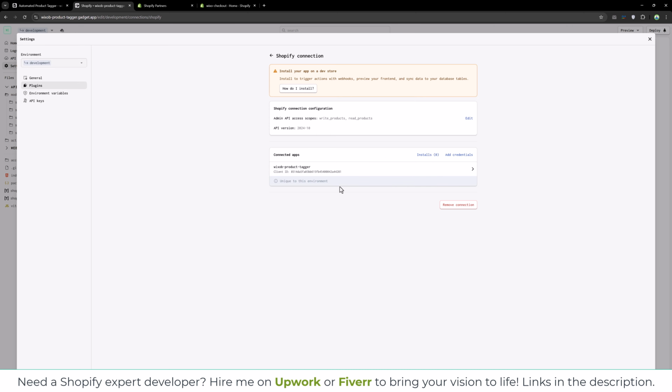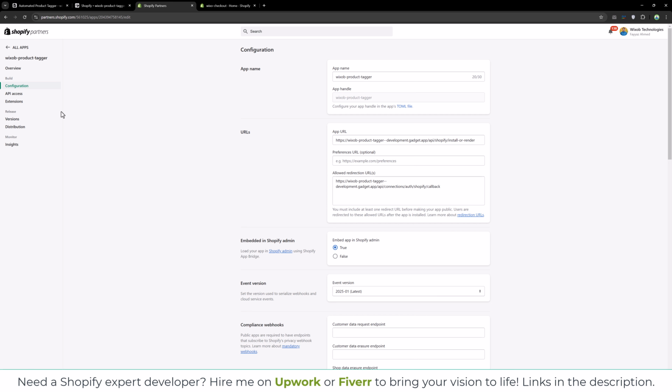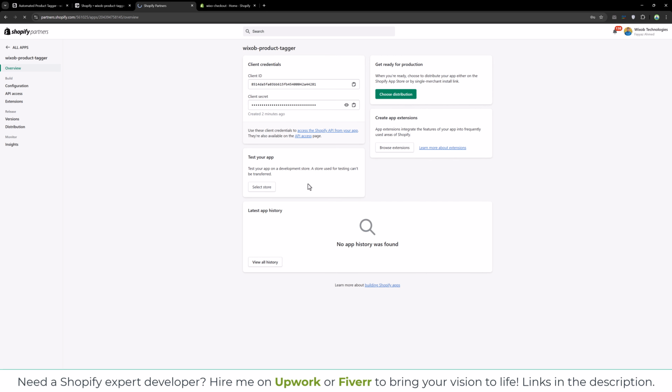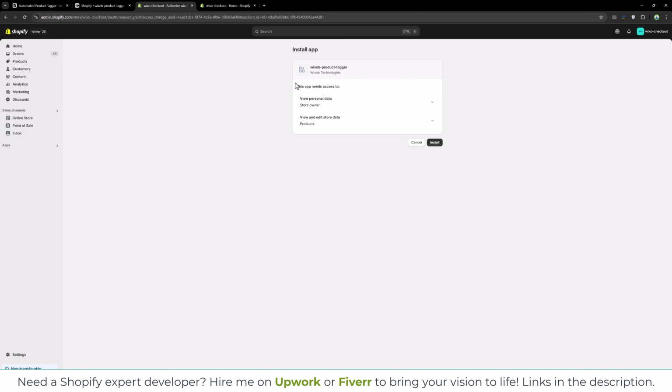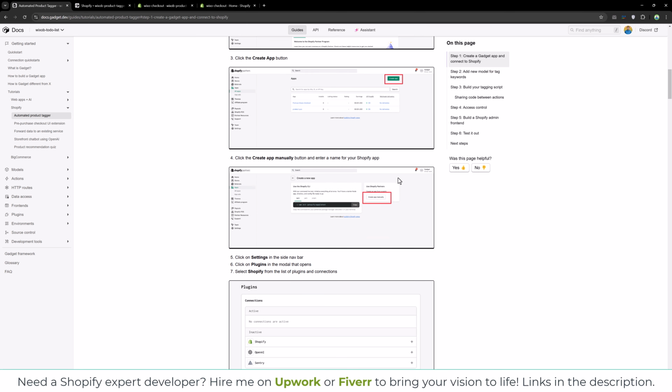I will click close, and now we need to install this app in one of our Shopify stores. So I will select the store from here and install this app. So I will select this Wixop checkout, and it is going to install in my store, and these are the permissions they're asking. Our app will view and edit the store data of the products, so I'm okay with that. I install the app, and once the app is installed, let's go back to the instruction, and then